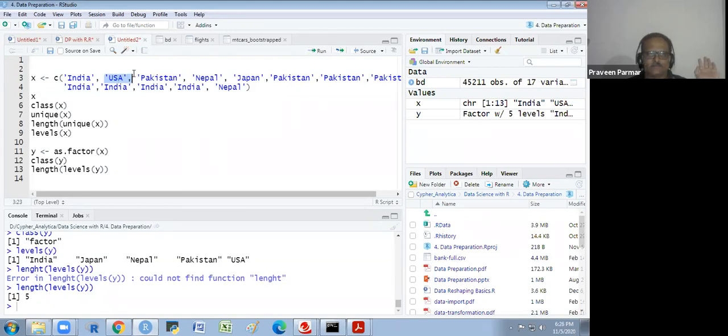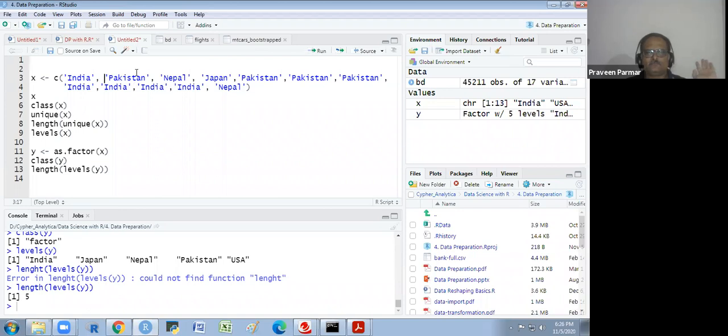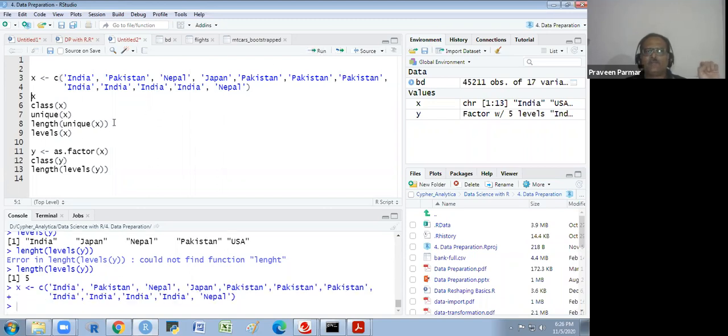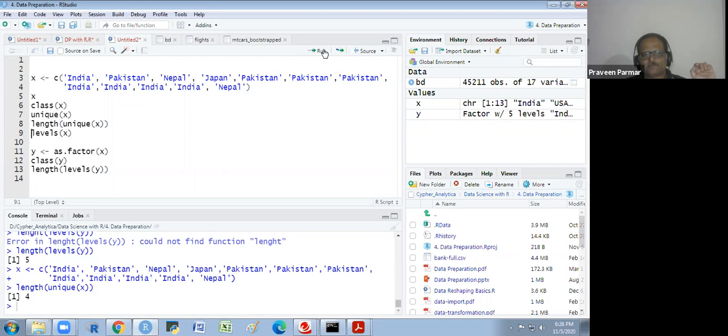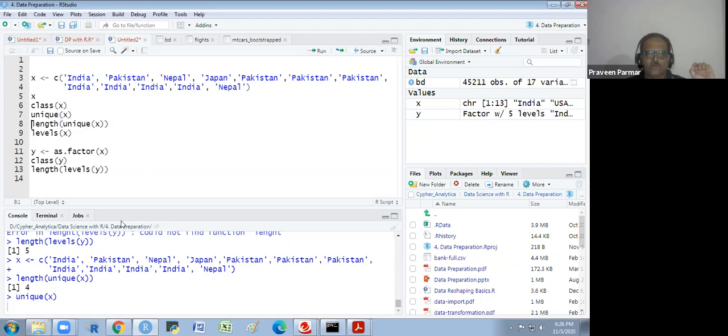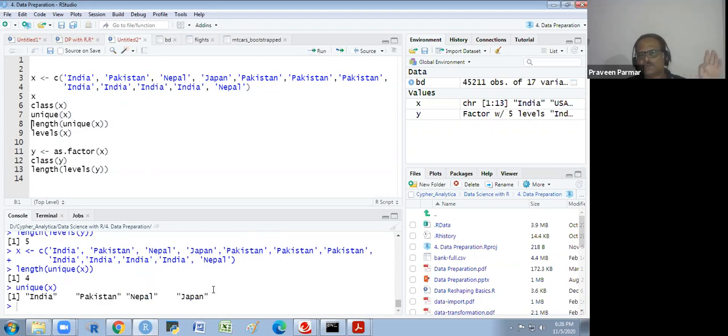Right, look at this, USA is only there one time. Now I run it and see the unique values. How many unique values are there? You see there are 4 unique values now. Understand? These are the unique values. USA is not there.